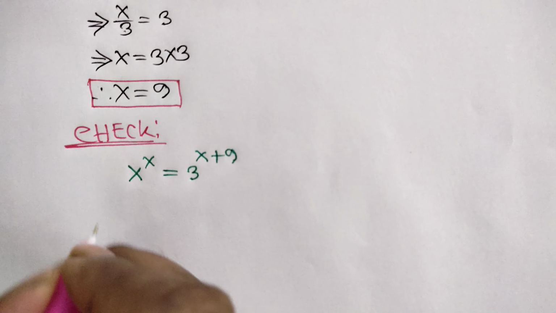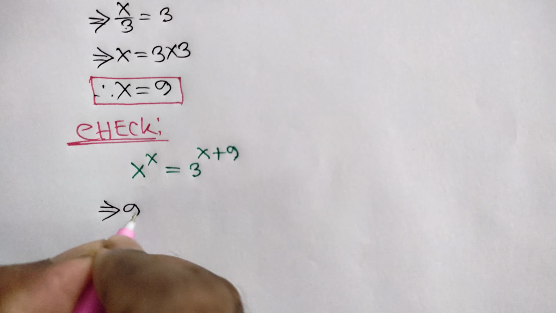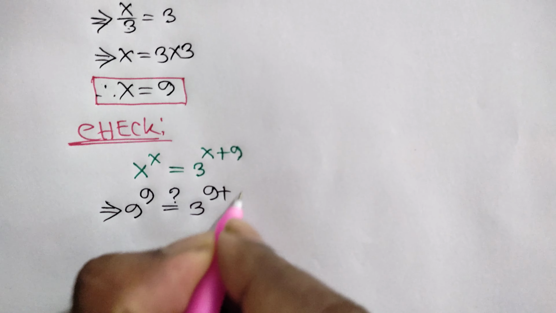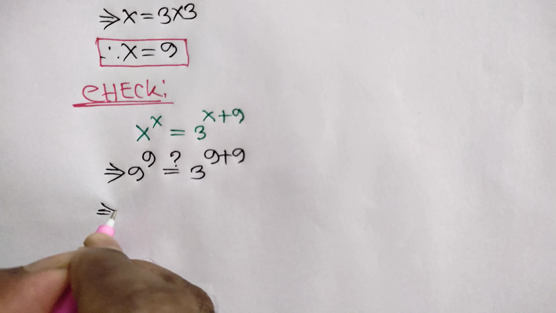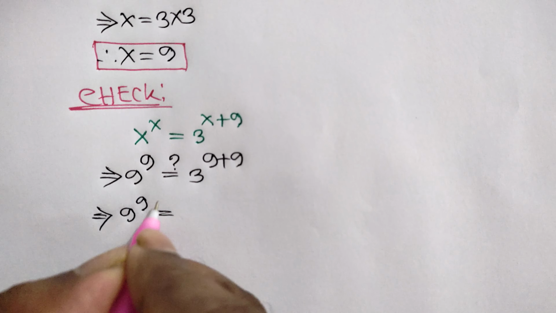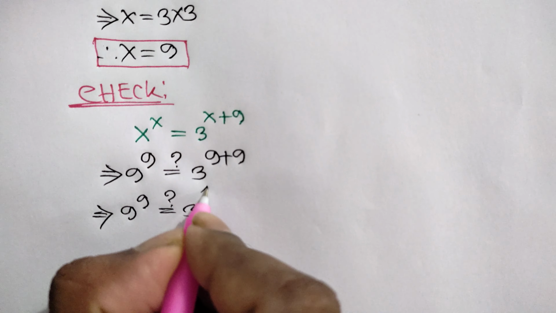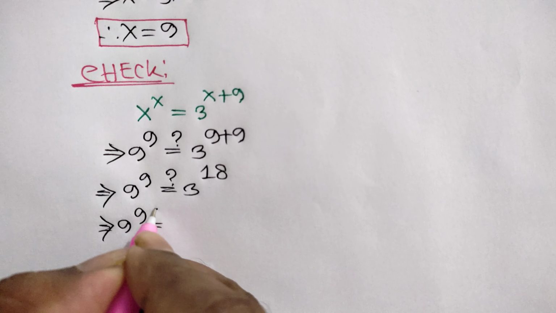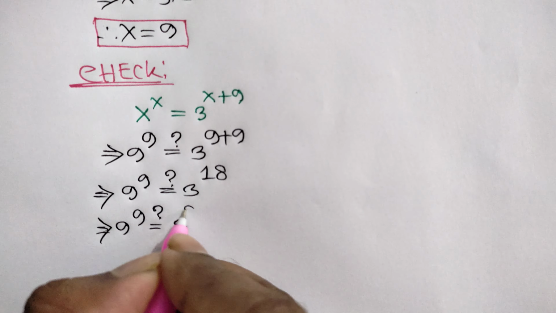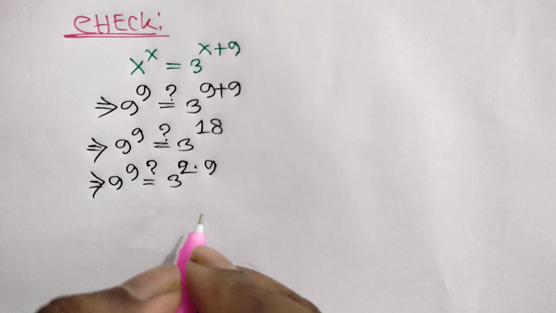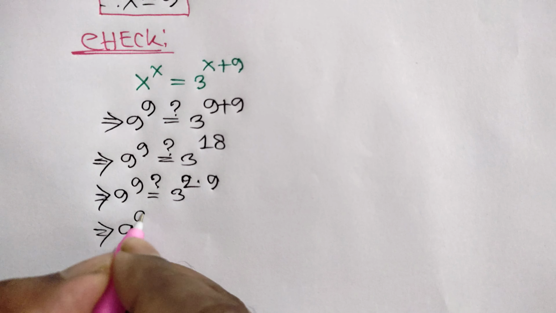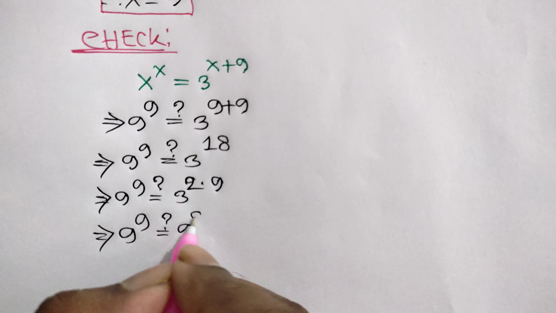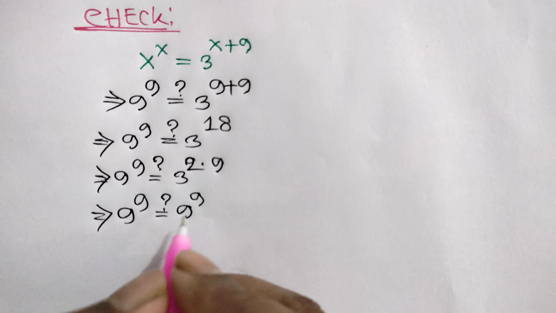Here x is equal to 9, so we can write 9 to the power 9, is it equal to 3 to the power 9 plus 9, or 9 to the power 9, is it equal to 3 to the power 18, which can be written as 3 squared to the power 9, that means 9 to the power 9. So 9 to the power 9 is equal to 9 to the power 9,